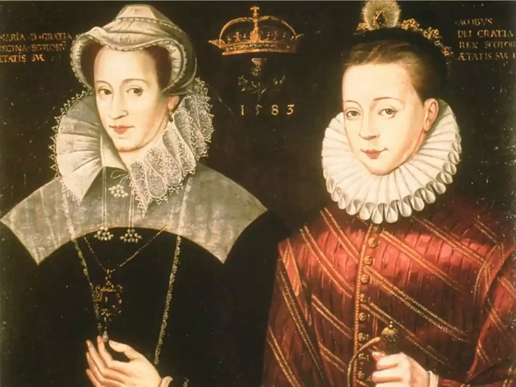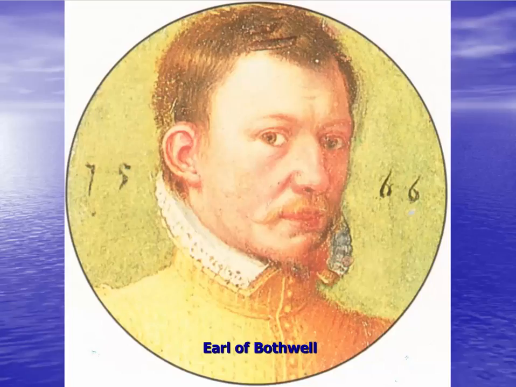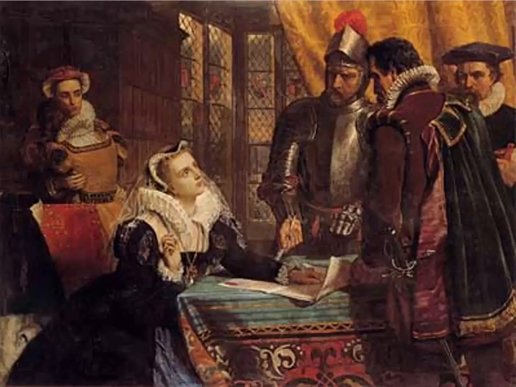But in 1568, she is forced to abdicate because her husband dies under strange circumstances, and she very quickly marries this man, the Earl of Bothwell, who was suspected of murdering her husband. So out of the scandal, she was forced to abdicate her throne. She abdicates the throne. Her 1-year-old son, James, becomes king. So now James is king. She basically has to flee to England. So she fled to England, but this was a problem.